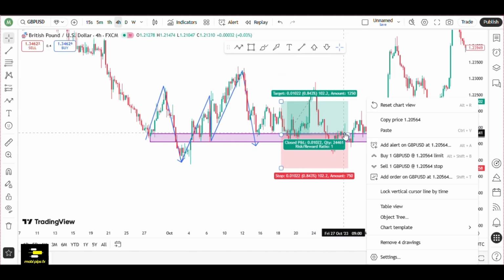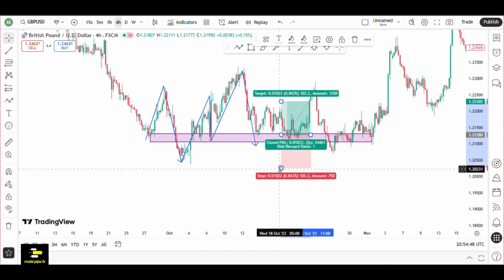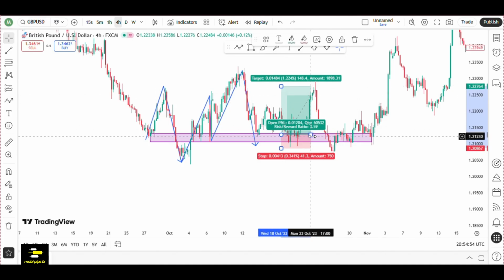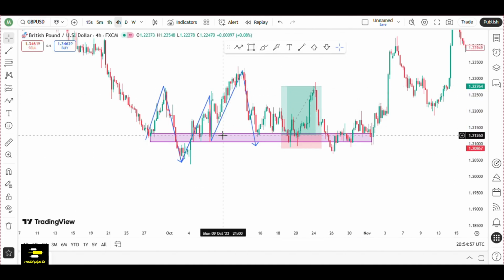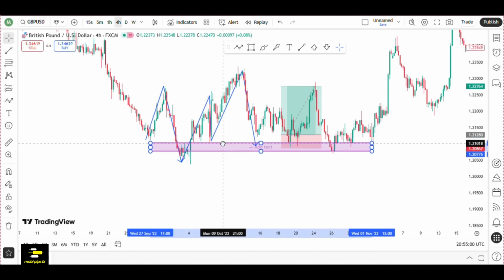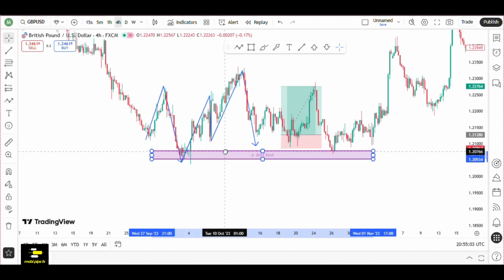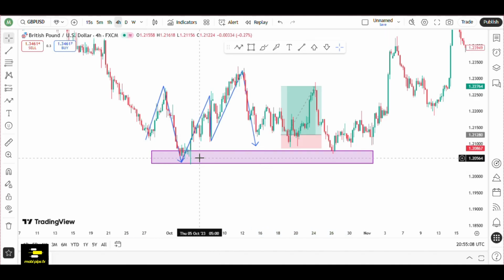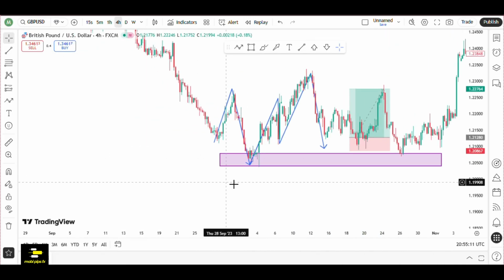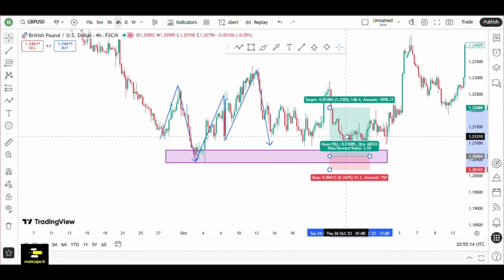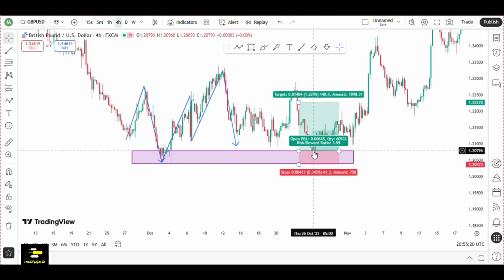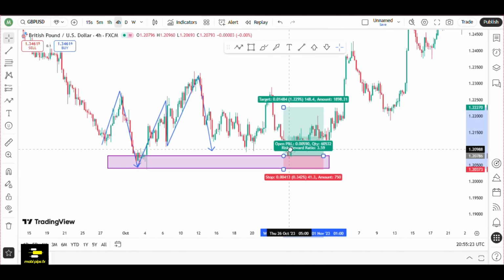And not just that, if you are really good at marking our zones, you'll be able to spot good trades. I, on the other hand, like to mark it this way. You will find another block here. Yesterday, someone was asking about another block. When you see the wick like that, you go to the lower time frame, you see it. So I would have marked my zone here, to get precise. I like precise entries.